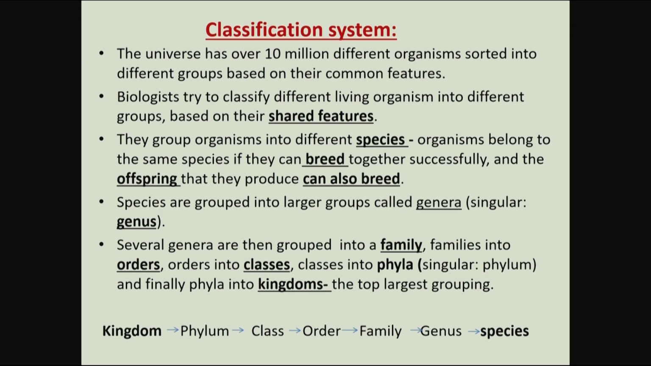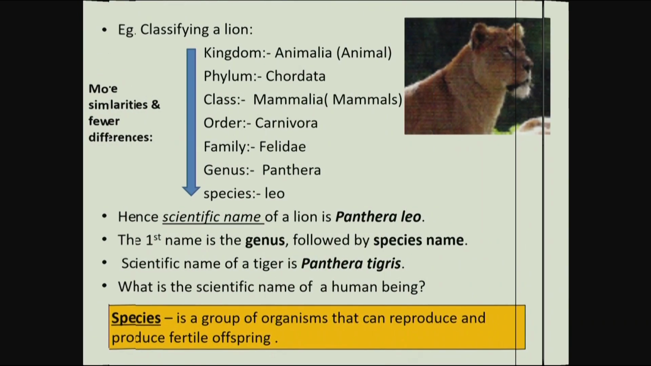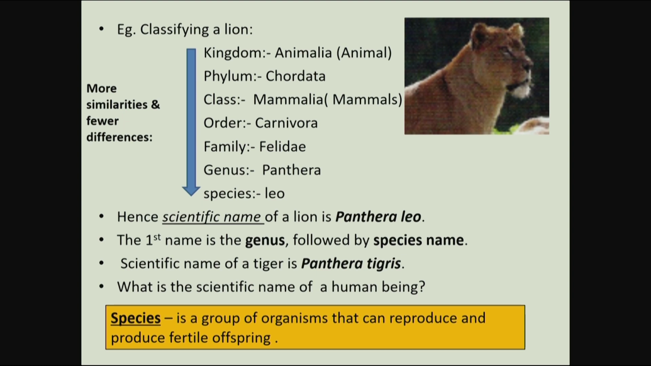Species are grouped into larger groups called genera, okay? In singular, we call it genus. The genera are grouped into families, families into orders, we are going up the ladder, then orders into classes, and classes into phyla. In singular, we call it phylum, and finally phyla into kingdoms. The kingdoms are the largest grouping system. Now, for instance, let's try and